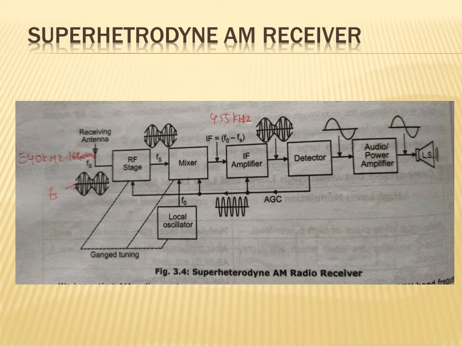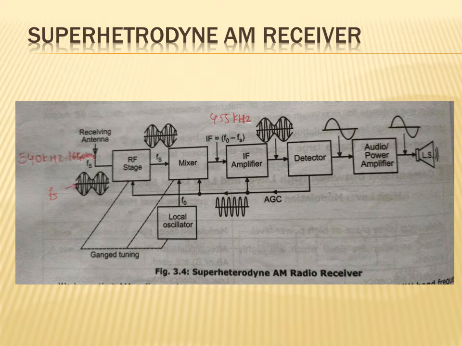Okay, next one, it is the function of mixer. Mixer receives the signal from RF stage with frequency FS, and from local oscillator with frequency FO. So both these signals are received by this mixer, and the mixer mixes these two signals and generates four frequency components: